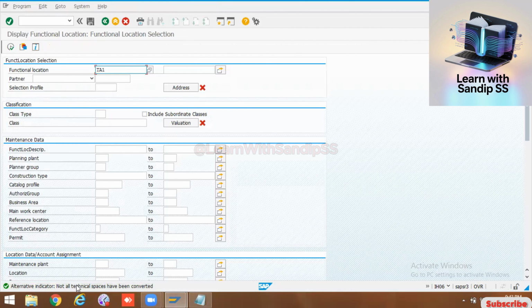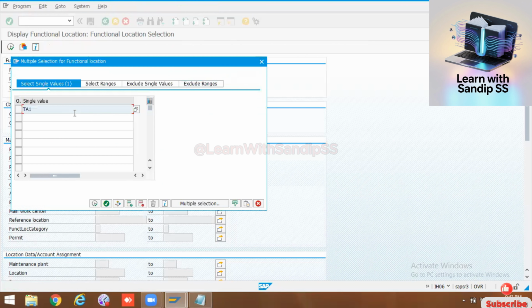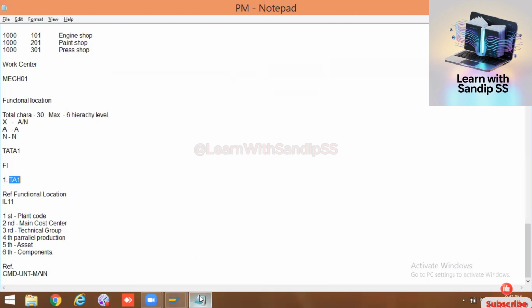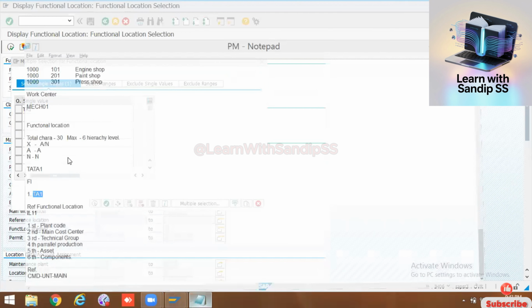Alternative indicator, not all. So basically, this will display the list of functional locations under this, all the details, everything. I will do one thing. Whatever functional location we have created, I will update here. TA1, okay, TA1,